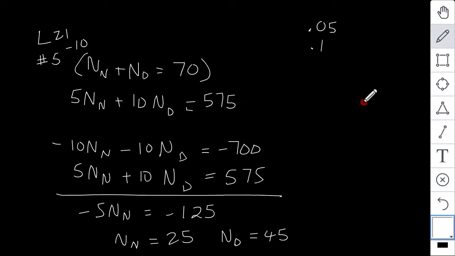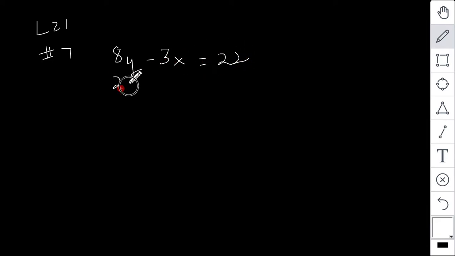Okay, let's do number 7 now. So lesson 21, number 7. Use elimination to solve. Adrian, I'm sensing that you don't like elimination. 2y plus 4x equals 34. Now, a little trick with this. I'm looking at this and I'm thinking this is all divisible by 2, so I'm kind of going to reduce